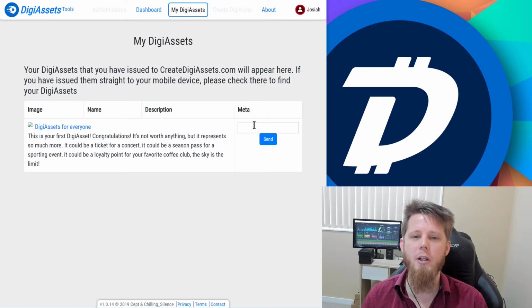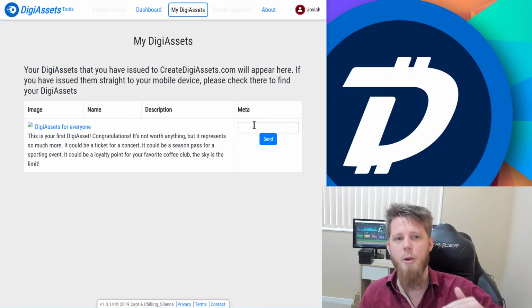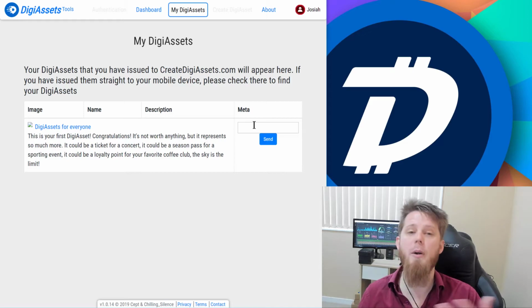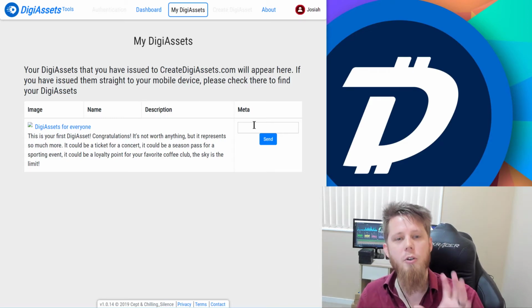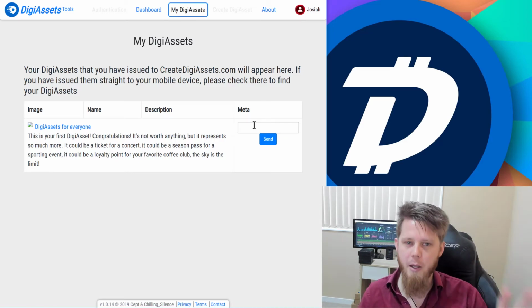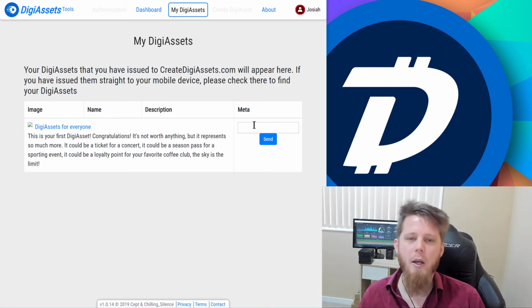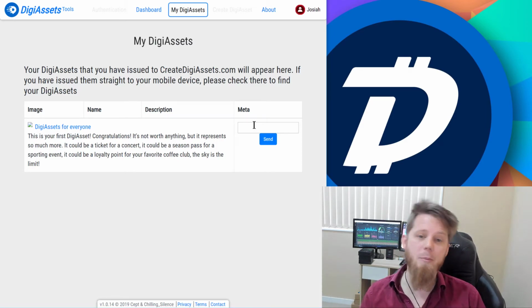So some of the things that we're looking at toying around with is the idea for you to have shares in a company, for example, and let's say you create DigiAssets for them and you list them on the website. Maybe you make 100 of them, maybe you make 100,000 of them. From there, what you can do is give people the ability to go directly to CreateDigiAssets.com under a specific page for your asset, and they can purchase it if you would like to allow them to. Now, one of the things that we're looking at doing is accepting Bitcoin, Litecoin, Ethereum, and of course, DigiByte,